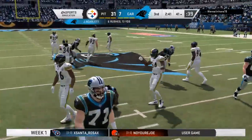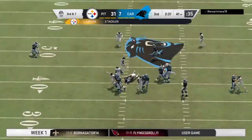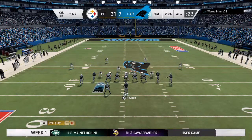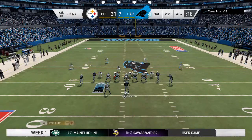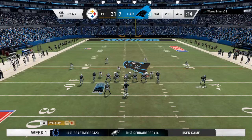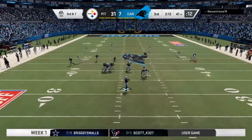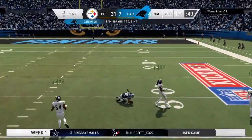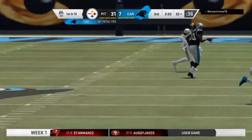It's a gain of about 3, but it's going to leave him with third and still 7 yards to go. Sometimes your philosophies get challenged at times you don't want them to. They did try to stick to the running game on the first 2 plays. Didn't amount to much. And now facing a 3rd and long at the outset of this drive. Watch the screen. On third down, Newton. And Thomas has it. And they're going to have themselves another first down as the tackle's made at the Steelers'